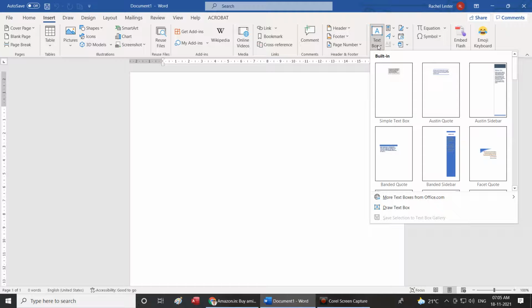See, when I already have inserted an image, inside the image if I want to add a text box, I can use these inbuilt options, or I can draw my own text box. So please make a note of it.